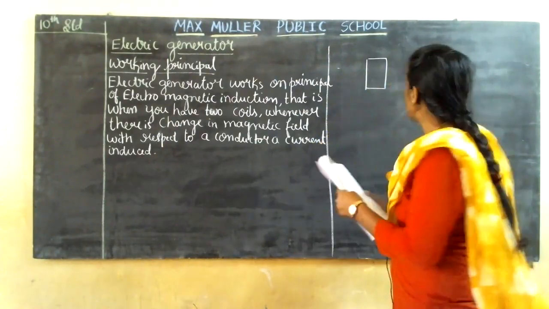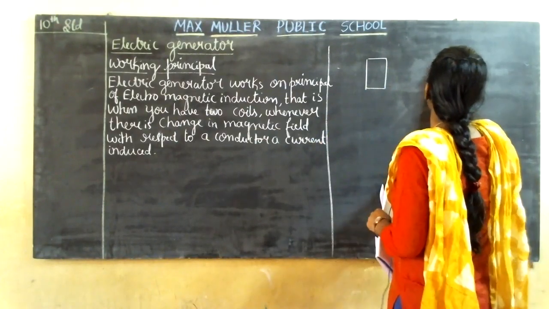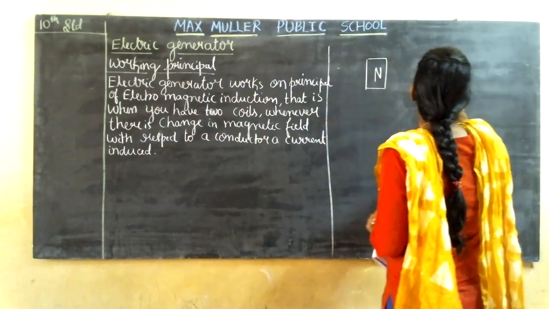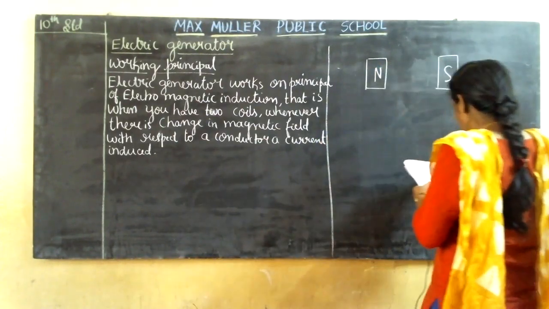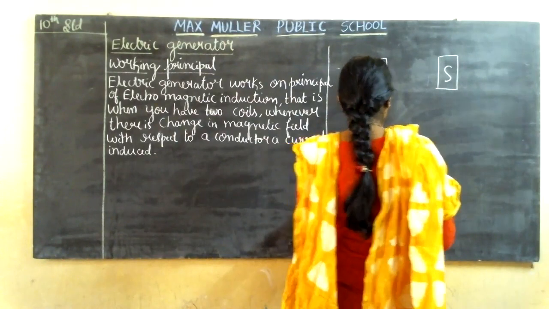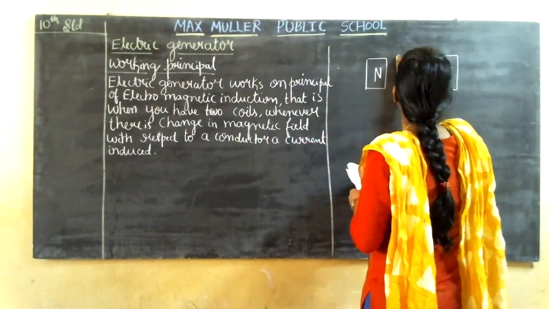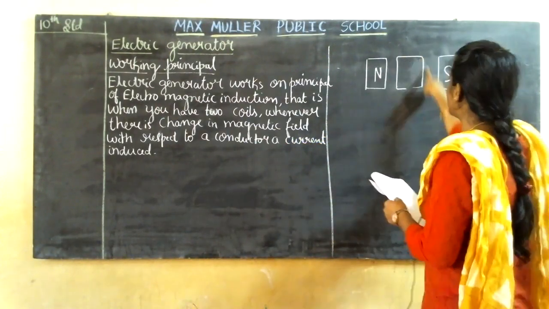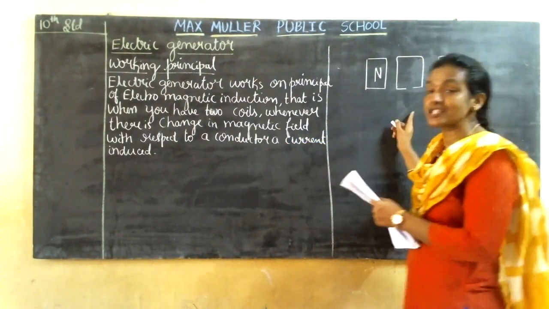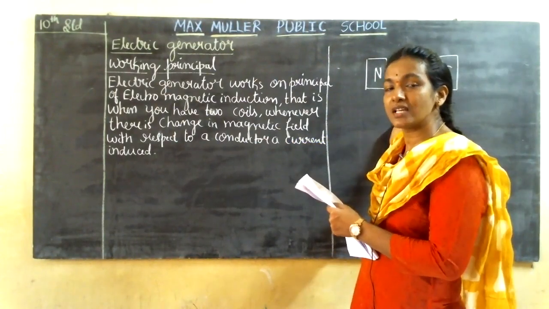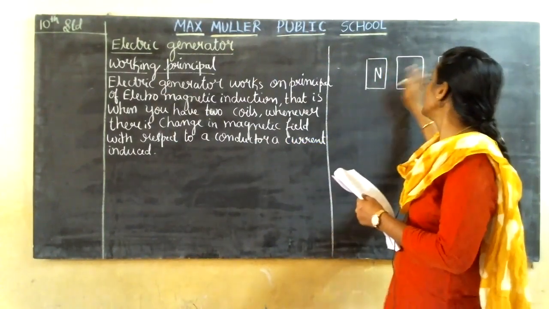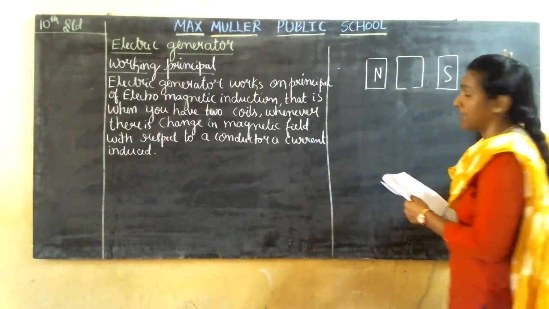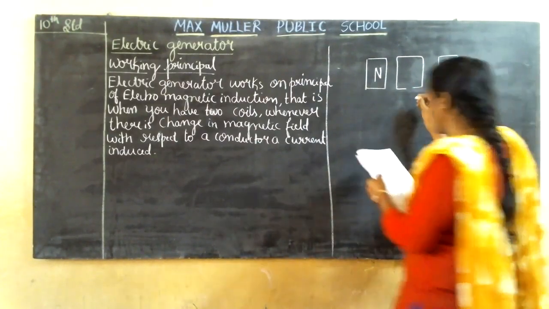Yes? So here again you need to draw two rectangles. As we know, we name them north and south poles. It contains a rotating rectangular coil. Next, it contains a rotating rectangular coil. This is the rotating rectangular coil. Last class I explained the rotors, how many parts there are, and what will rotate, right? So you have to keep that in your mind, guys. I wrote it on the board so that you can take a screenshot.